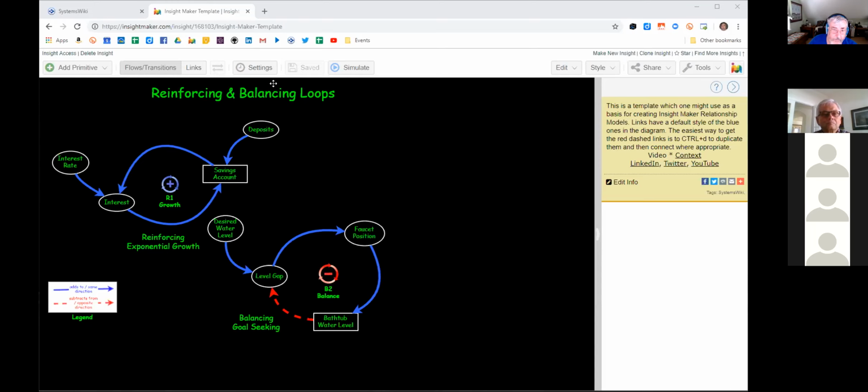But I set up the text to be green, the arrows to be blue by default, so if I want red ones I have to make red ones, and then the outline for the stock and the variables to be white. It's close to what I use in Kumu, so I'm just familiar with it. So the thing is,